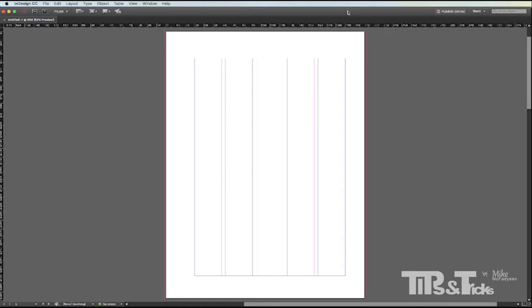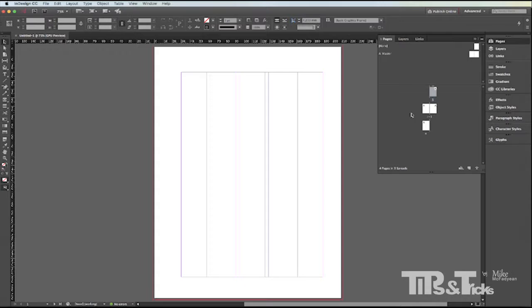And now I can go to my workspace, and here you'll see in my pages panel I have my 4-page layout. It's important to note that page 1 and page 4 will actually be a double page spread, back and front cover. So even though they're split here, they won't be split when the document is printed. It's just that InDesign treats pages as you would read them, so 1, 2, 3, 4 flowing from first page